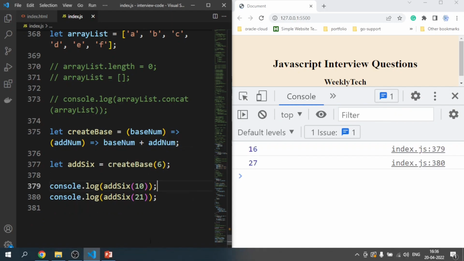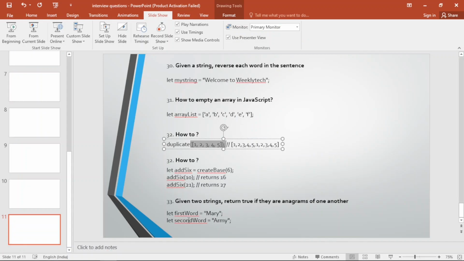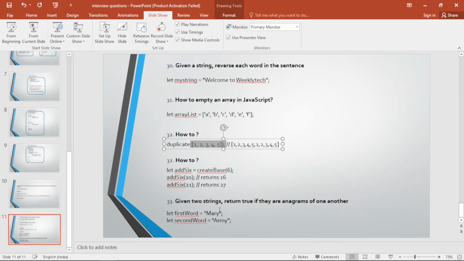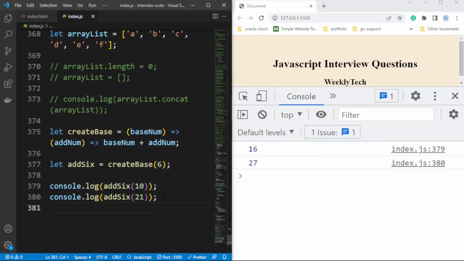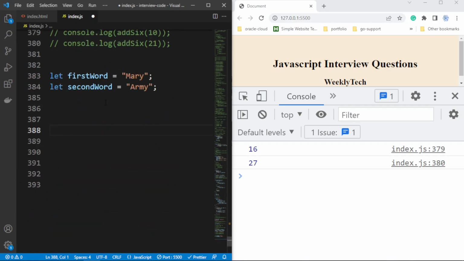Now let's move on to our next question, that is, given two strings, return true if they are anagrams of each other. So let's say if we have a word Mary and a second word army, so are they anagrams of each other? So let's copy out our two variables and paste it here, and let me just comment out this console. So let's create a function, let isAnagram,